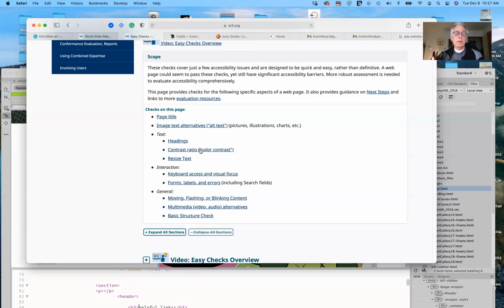And again, we already did the contrast ratio with Juicy Studio. You should be able to resize the text. Now, one of the things that I noticed, and you should be able to do this when you publish your page, if you look at it on your phone, that you may be able to, oh wait, I see a quick